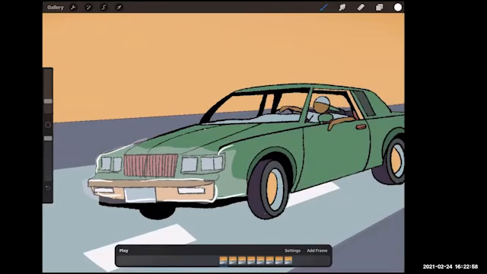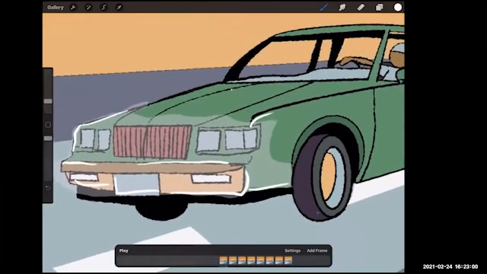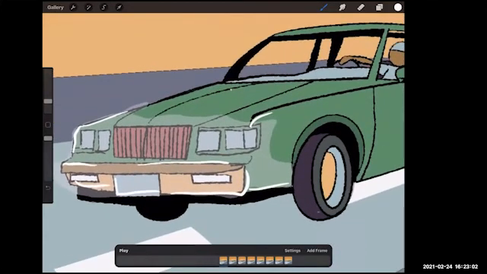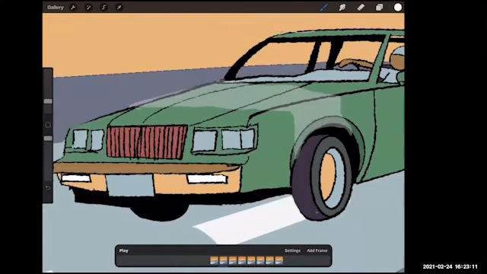As you can see, I'm just drawing random lines on the front of the car, and we want to make it seem like these lines are traveling to the back of the car as it's going. So we start at the front,